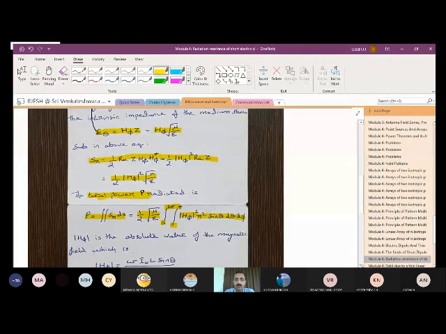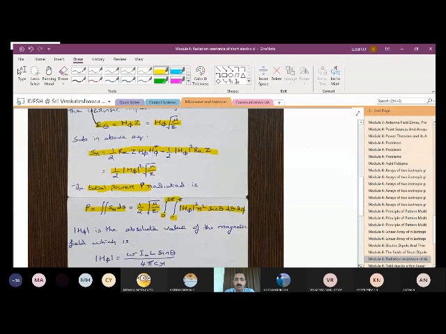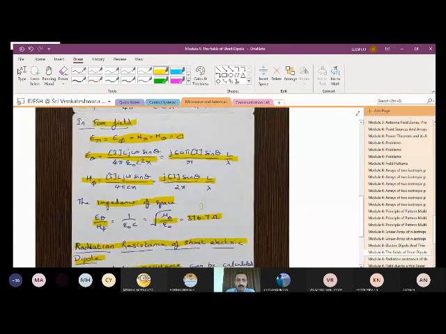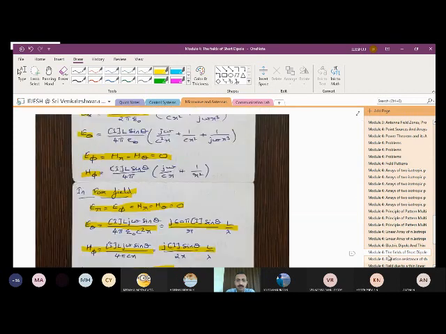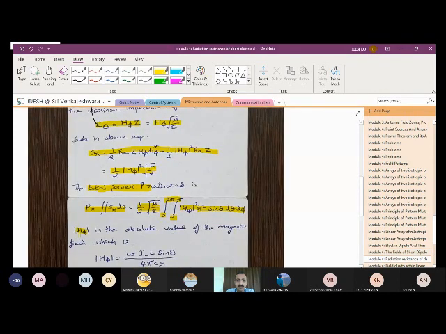So before doing the integration, if you go back to the previous derivation, we have already written the equation for H phi for the far field. So I can just take you to that. We have written the equation for H phi. So this is the equation for H phi for the far field. I told you this equation has to be used again, so we are going to use that equation here.